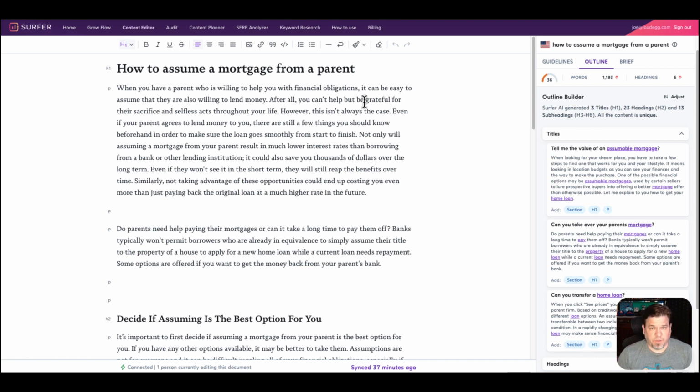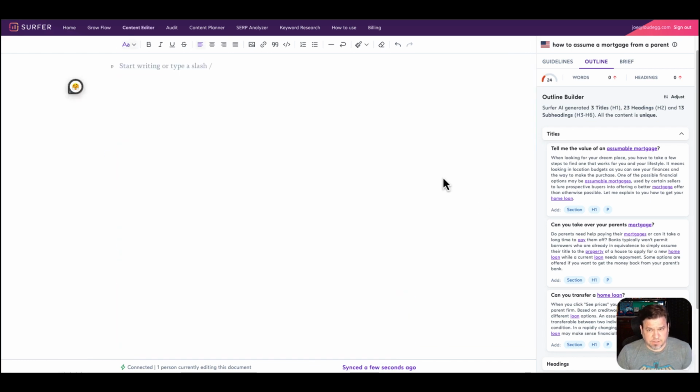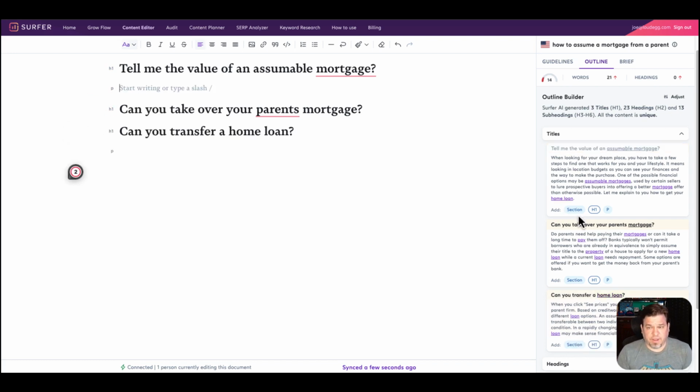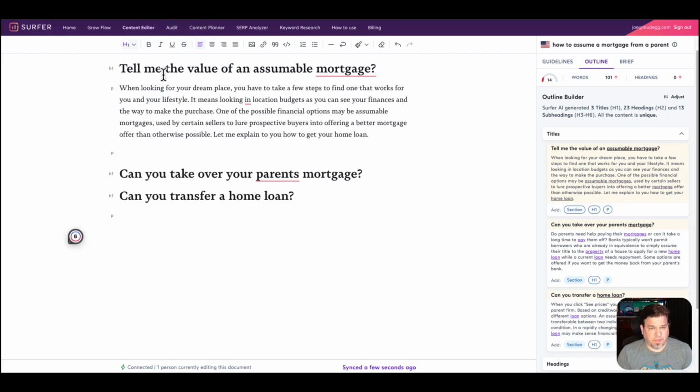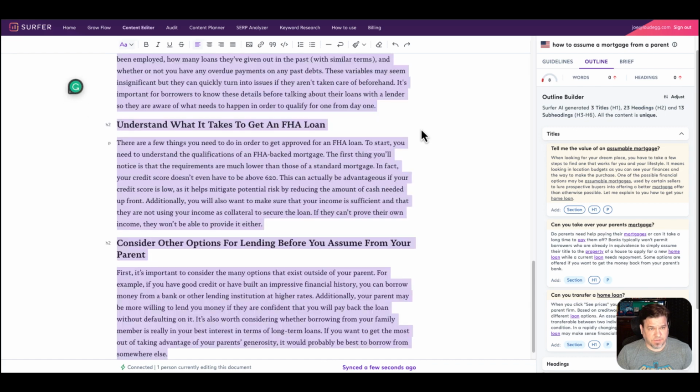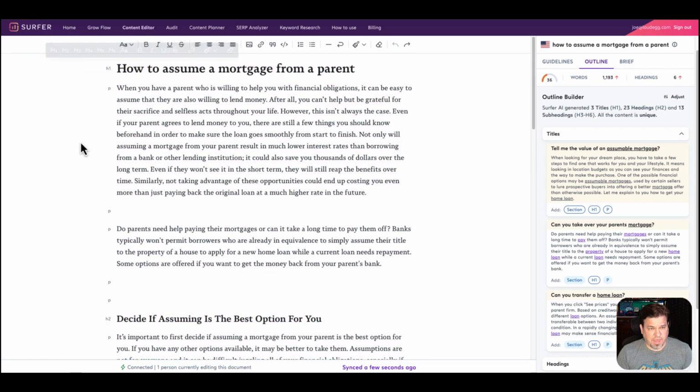Now with Surfer, we can do the same thing. We can start from scratch and create a draft and just get rid of what we copied and pasted, and add these sections in there, add a couple of them and then go from there. Surfer has, I believe, a partnership with Jasper as their AI writing tool. So you can pay for Jasper with Surfer and you'll have an AI writer right there.